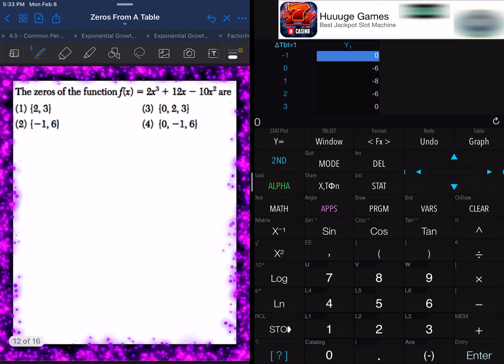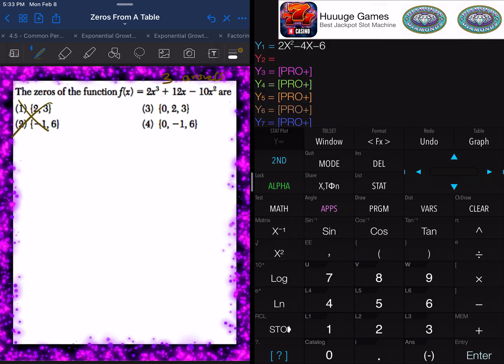Right, this one's going to be kind of weird. If we have x to the third, how many zeros do you think we're going to get? We're going to get 3 answers. So I can pretty much automatically cross out choices 1 and 2. All right, let me show you how to put an exponent of 3 into the calculator. A couple ways to do it. So I'm going to start by typing in